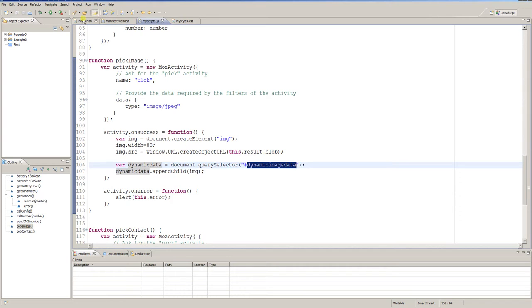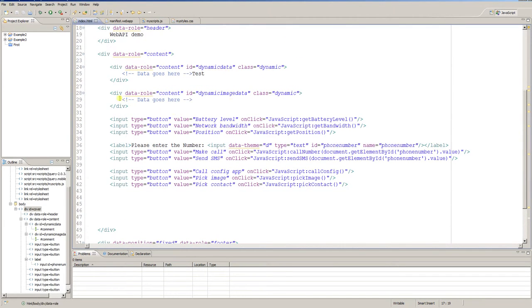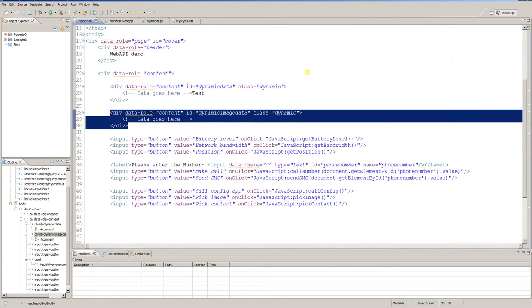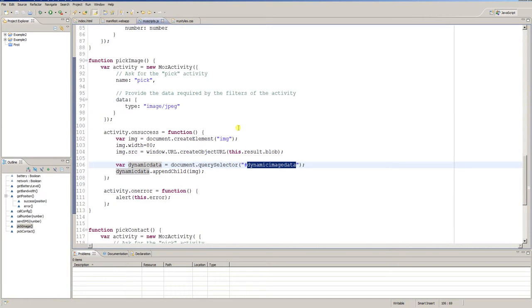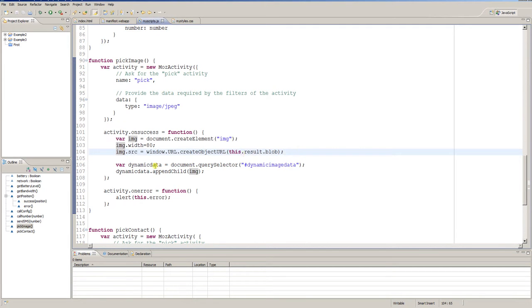So the system goes to this part here of the document, and then in the next line we say dynamic data append child, and as a parameter we give our freshly created image element we created here in these three lines. So what actually happens is